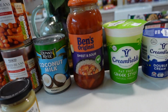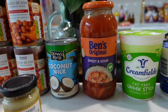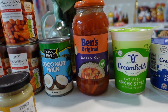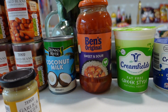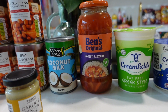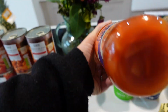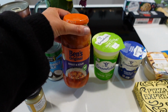Uncle Ben's. I have not bought an Uncle Ben's product in years, but I really wanted to make sweet and sour this week, and as I said earlier, things are just so busy at the moment, and when it comes to dropping a ball, I don't want to drop the important ones like my children, work, like Mark, or friends and family. And I just thought, you know what, sod it, just get something quick and easy in, and there's no prizes for making everything from scratch all the time. I love cooking, which is why I make things from scratch, but I am very happy to have this in my house because one night this week I'm going to pair this with